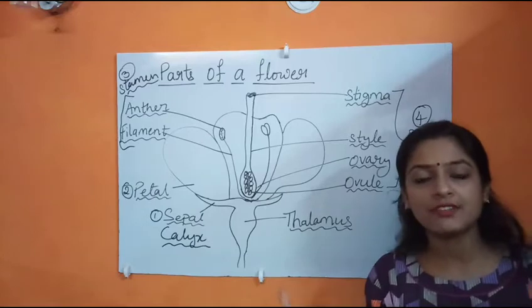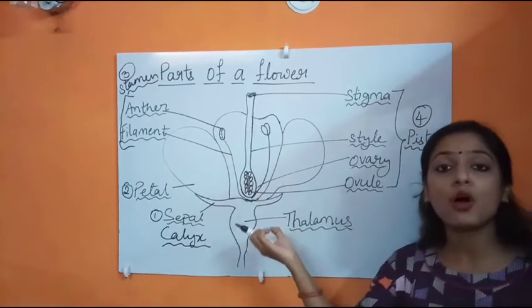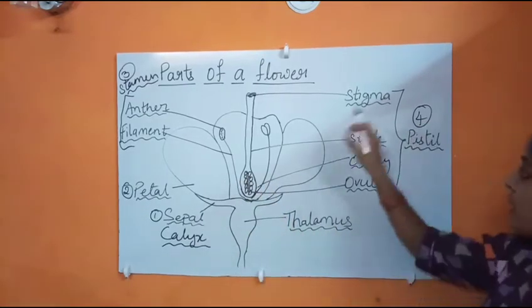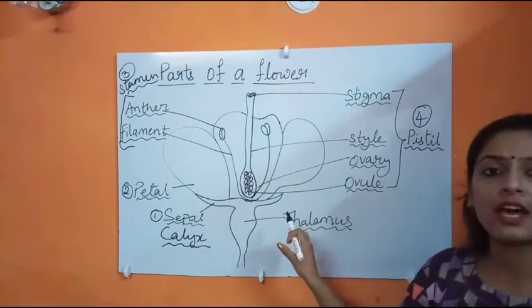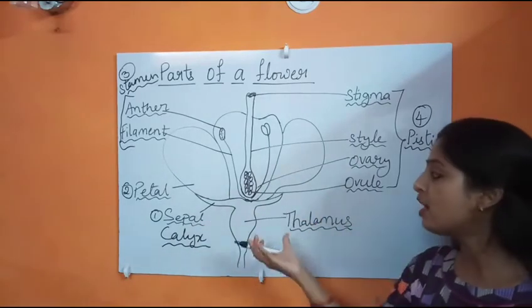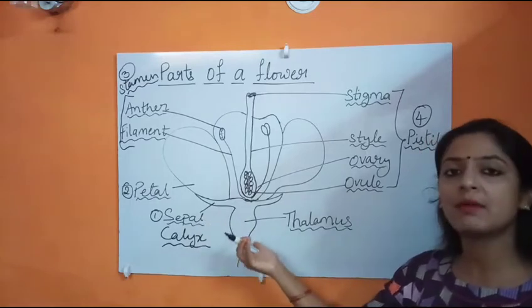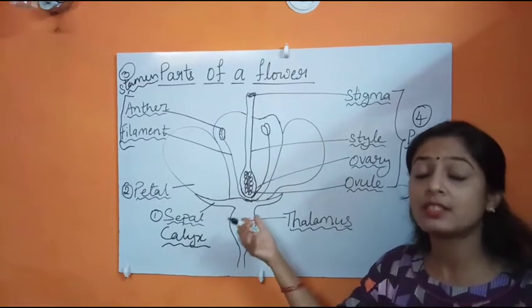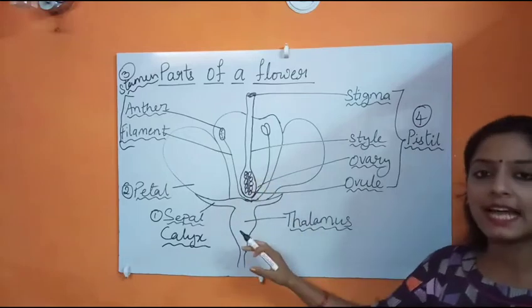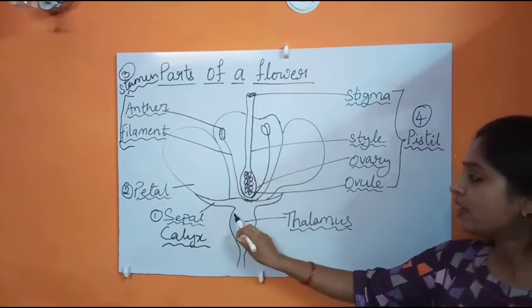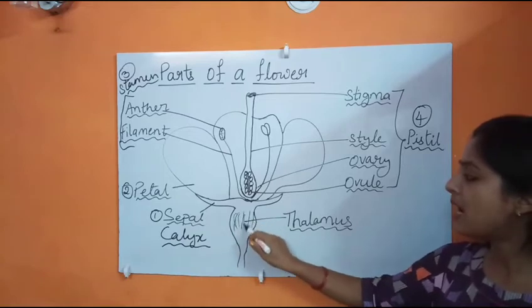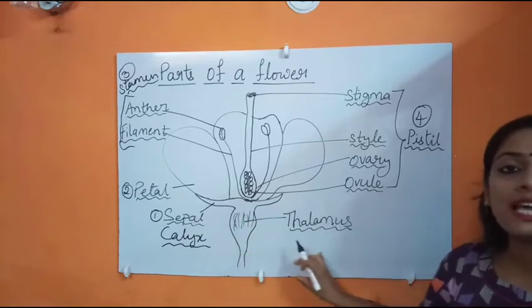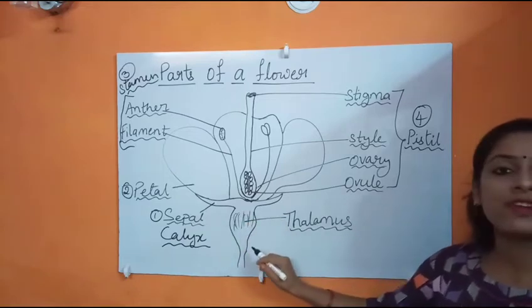आपको ये मालूम है कि after fertilization, flower forms fruits. So here you must have seen these parts of a flower, but you must not have observed it closely. कभी आपने closely observe नहीं किया होगा, या फिर किया भी होगा by studying only. Look at here, as you can see, there is a bulgy part which is called as thalamus. It is the base of a flower.